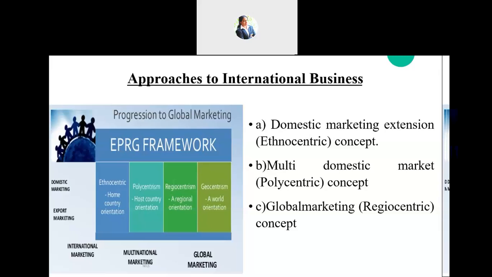Now, ethnocentric and polycentric were exactly opposite to each other. Now, under the regiocentric concept, in the same way as we differentiate each market in the domestic market based on some of its characteristics, the organization sees each market or each country in which they are coming up as a different market, and they would be coming up with the best strategies for every market